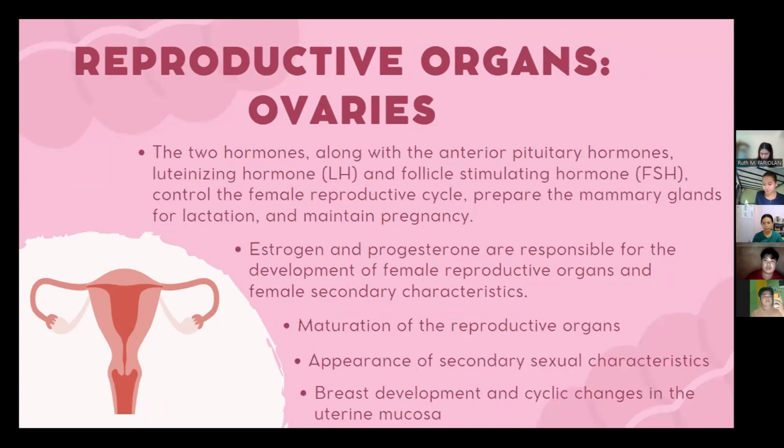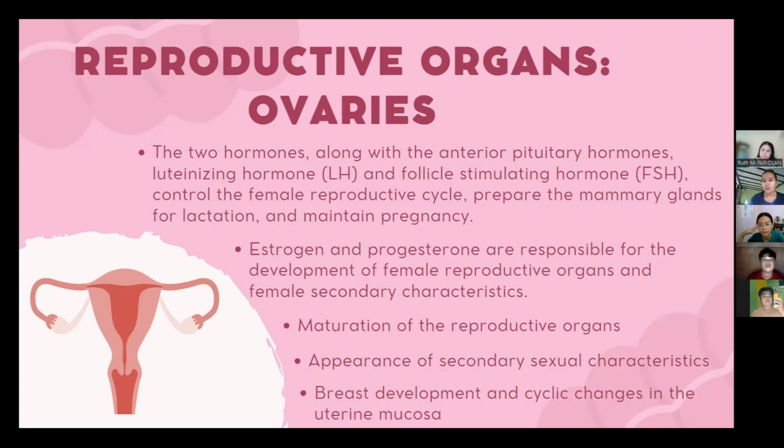Next, please. The two hormones, along with the anterior pituitary hormones, luteinizing hormone and follicle stimulating hormone, control the female reproductive cycle. It also prepares the mammary glands for lactation and maintains pregnancy. Estrogen and progesterone are responsible for the development of female reproductive organs and female secondary characteristics. It also is the maturation of the reproductive organs, appearance of secondary sexual characteristics, breast development, and cyclic changes in